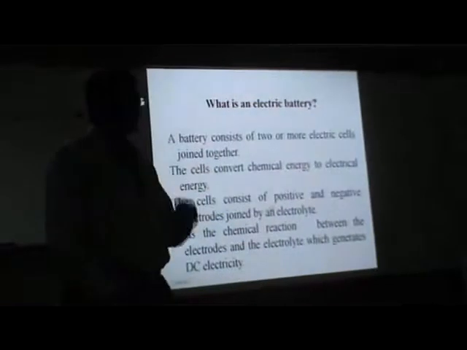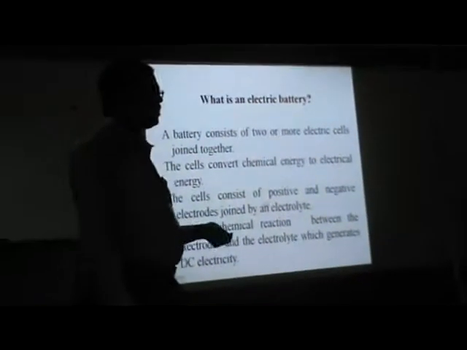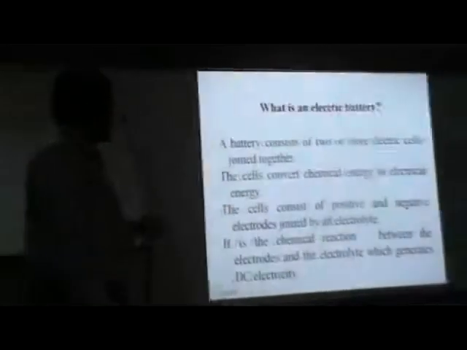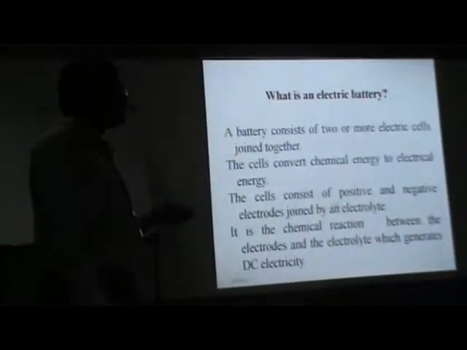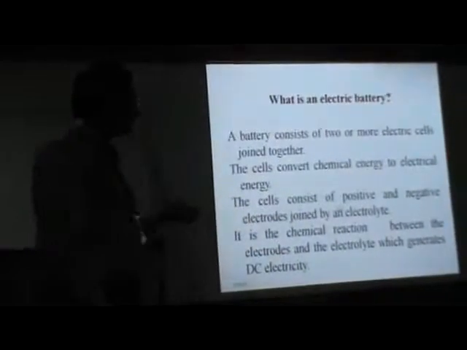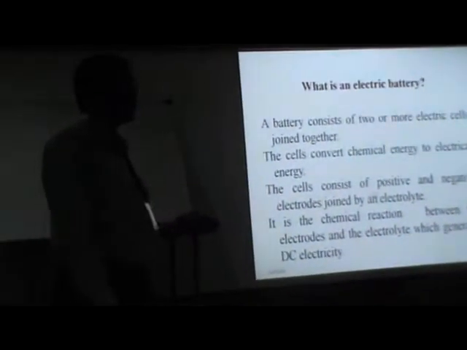Then how is the energy stored in the battery? In terms of chemical energy, you store the energy in batteries. The chemical energy is converted into electrical energy through some chemical reactions. If you want to store energy in a battery, the electrical energy is converted into chemical energy using some chemical reactions. The energy is stored using chemical energy, not stored directly as electrical energy.